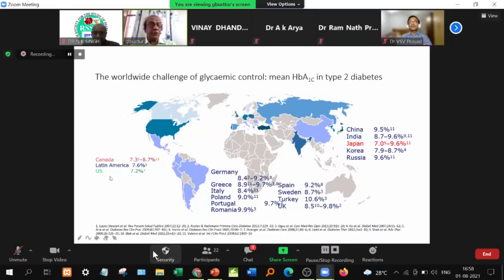Whereas if you come to US, I put it in green here, around 7.2%, despite them being generally obese, despite tremendous amount of junk food being eaten in US. All of us who have visited US know we get 3 times more the portion in any hotel than what we get in Indian hotels. And of course, when we come to India, we know we are in line with China, where almost around 9%